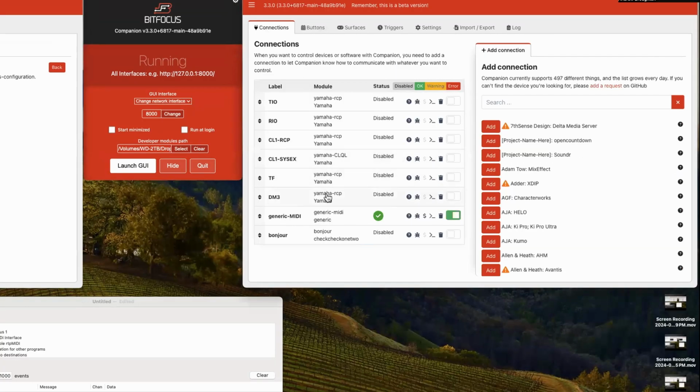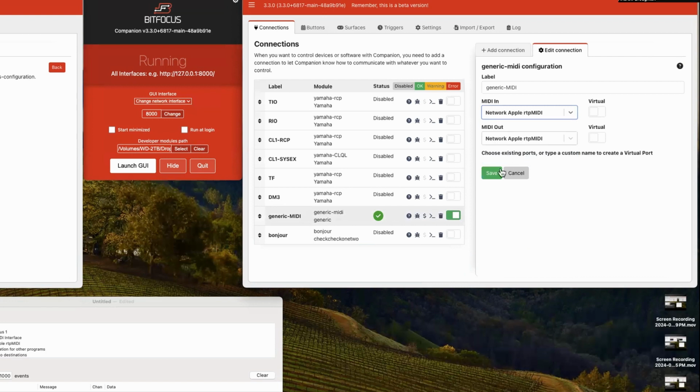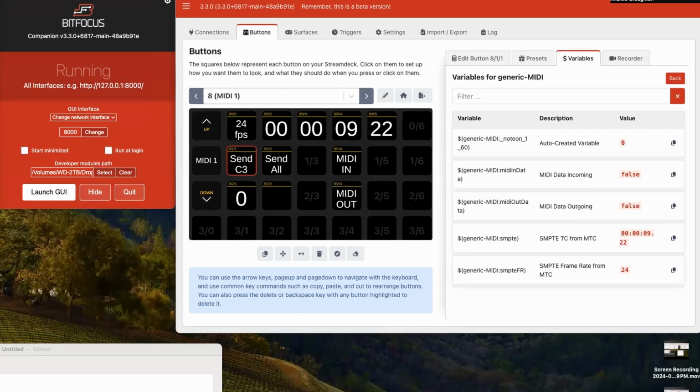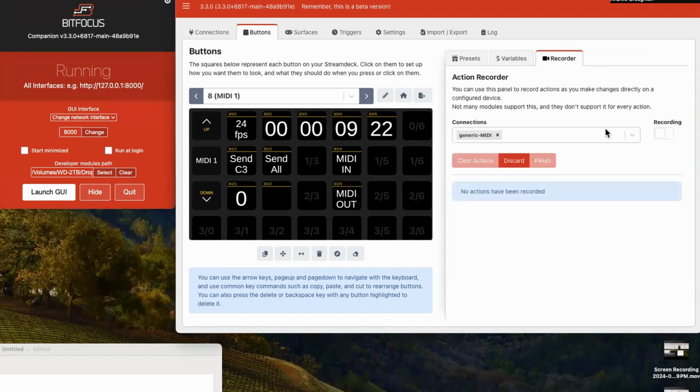If I set this connection to being the network, I can send data back and forth. So sending from here to the device, notice that it's telling me the velocity of that button, 127, and then back to 0. This is just a variable. See the note on variable there, so I can have it send a value. You can use that to determine whether something's coming in at a particular value or not. But you can also use this for recorders. So if I don't know what kind of message is coming in, and I need to figure it out from a device that you aren't familiar with,